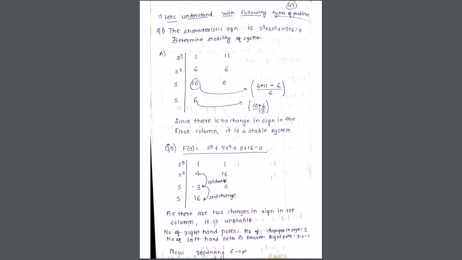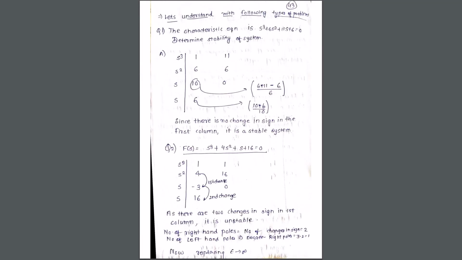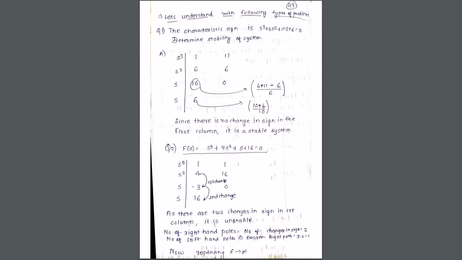that is minus 12 by 4, equal to minus 3. Again, here it should be s raised to 0, not s. I repeat, it should be s raised to 0, not s. It's a mistake over here. I hope I'm very clear. So it is minus 3 into 16 minus 0 upon minus 3. It is 16 again. If you are getting confused with the values, just refer to this formula. You will be able to do it.